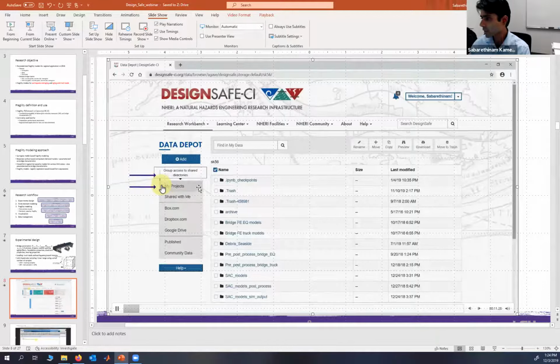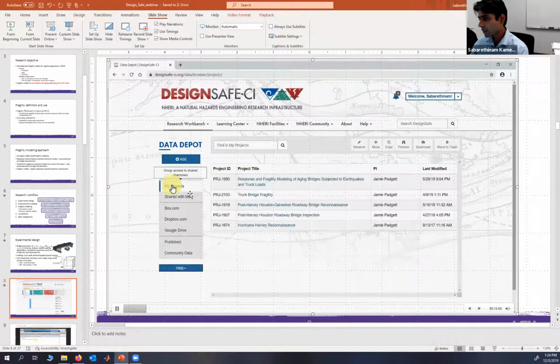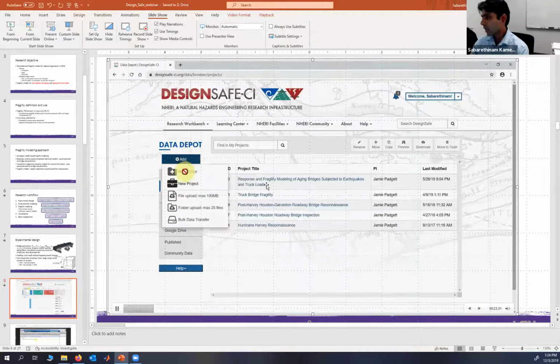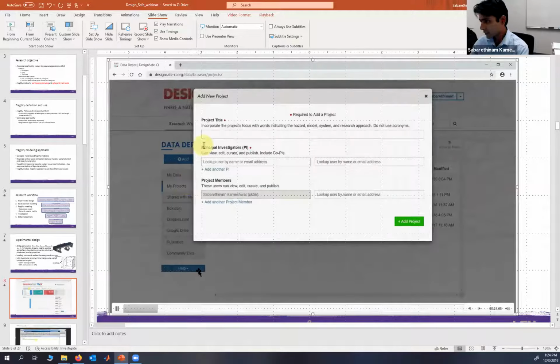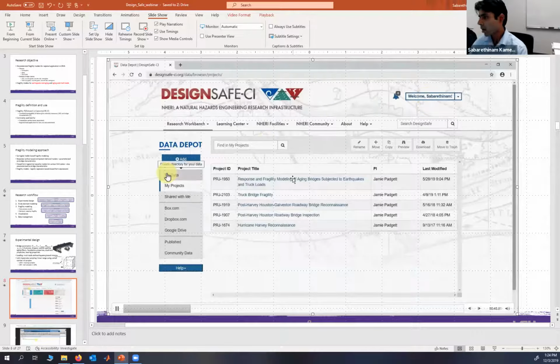Here I'm showing some of the key places, which are My Projects and My Data. When we are doing collaborative research, we can use My Projects. For example, these two folders are the folders that we use for this research. If we are starting a new project, we can add new project folders, give them any name, and also add new collaborators. For example, I'm adding Navya here as an example. We can search people, whoever is signed up on DesignSafe, and add them to the project, and we can share files in this manner. In this case, I'm not going to add this folder to our case, but we can always do this.